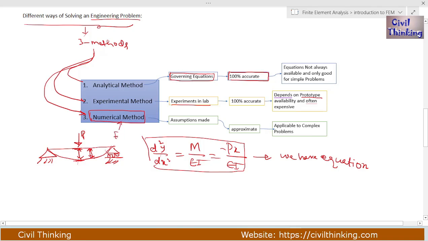FEM is a numerical method. Okay, what happens here, instead of using these equations, we don't. We use, this is a differential equation, right? This is a differential equation. So we assume something, and we get simple, like what we call them, algebraic equations. Okay, algebraic equations. So what we do, we convert the differential equations